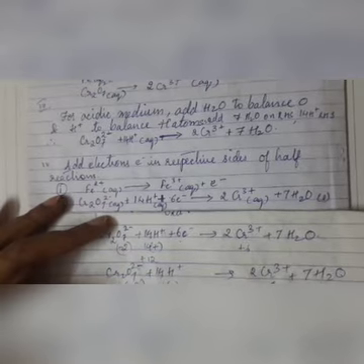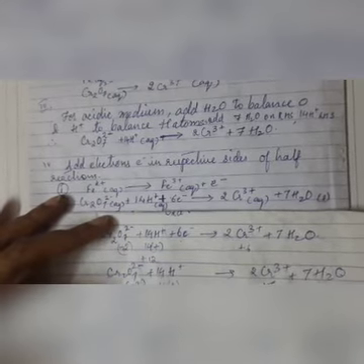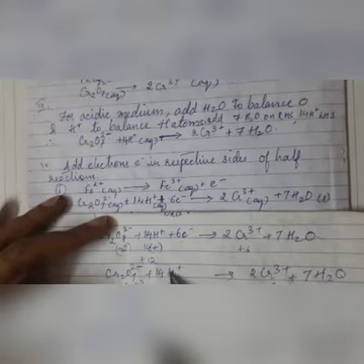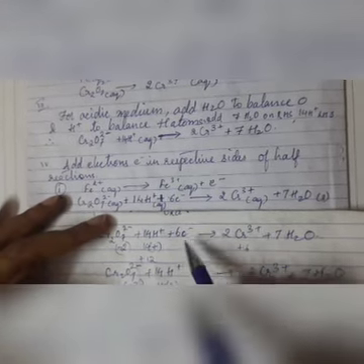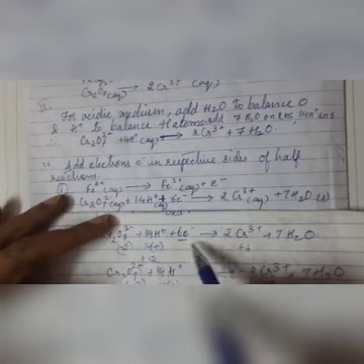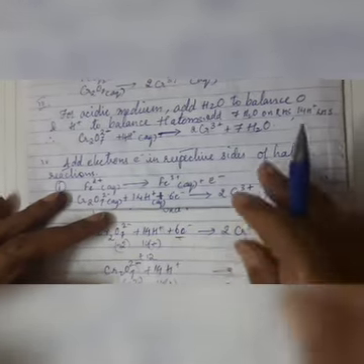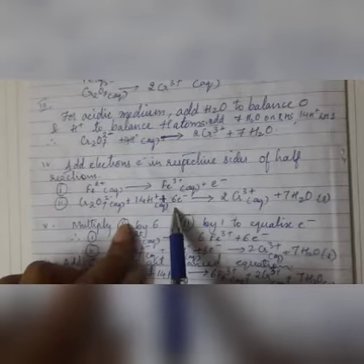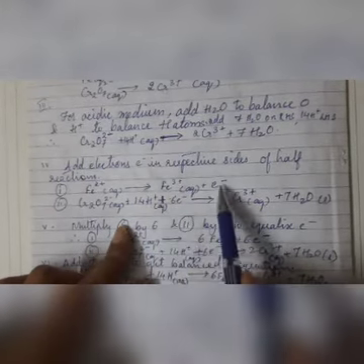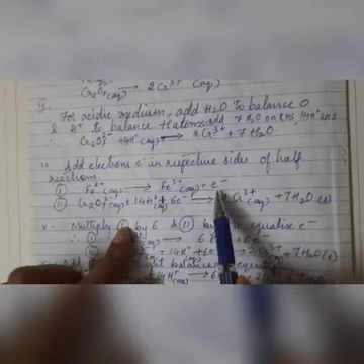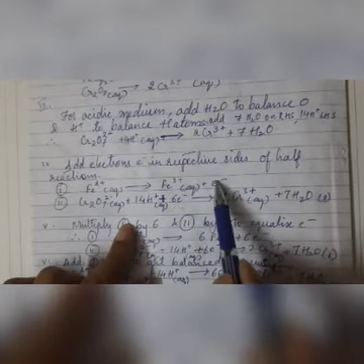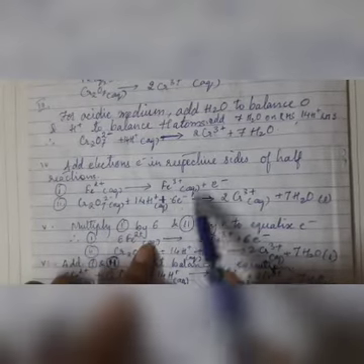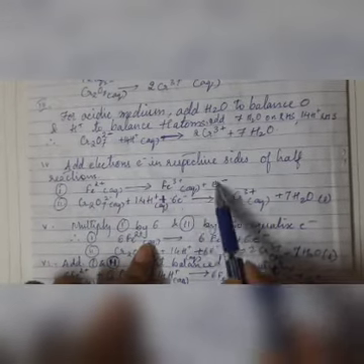To balance this, I am going to add 6 negative charges in the form of the electron, so that my equation is balanced in terms of charge. So I have added 6 electrons on the LHS. Now you can see there are totally 6 electrons on the LHS, and in this equation 1 electron on the RHS. But the number of electrons are unequal. So we need to balance this one. We need to equalize this.